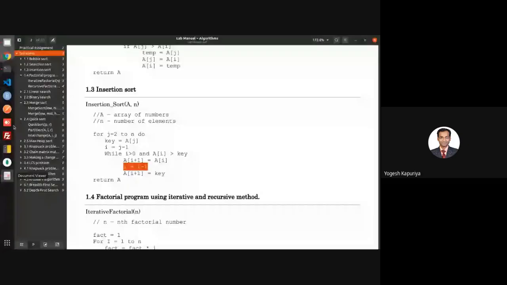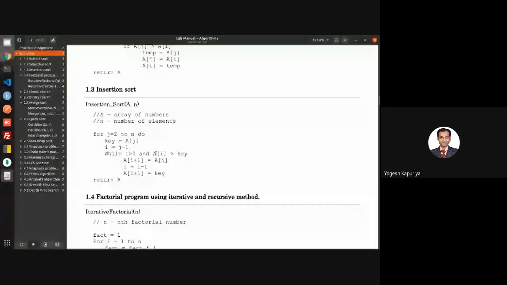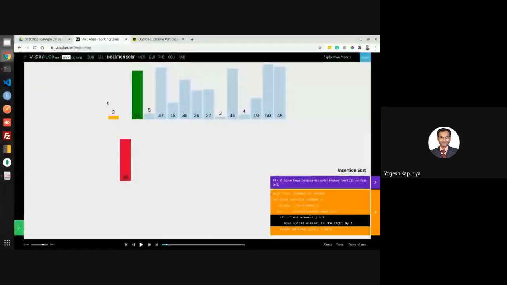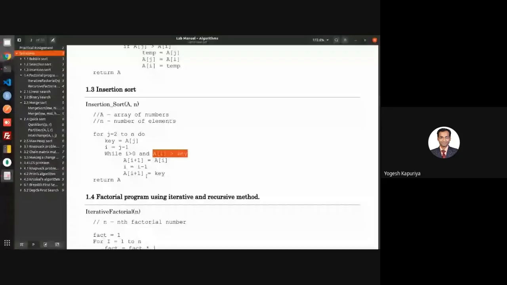What will you do here? You will decrement the value of i. That means you are now comparing with 3. But here it's a false condition. What is the false condition? a of i is greater than key. a of i is 3, is it greater than key? No. So that is the false condition. In case of false condition, you come out of the loop.